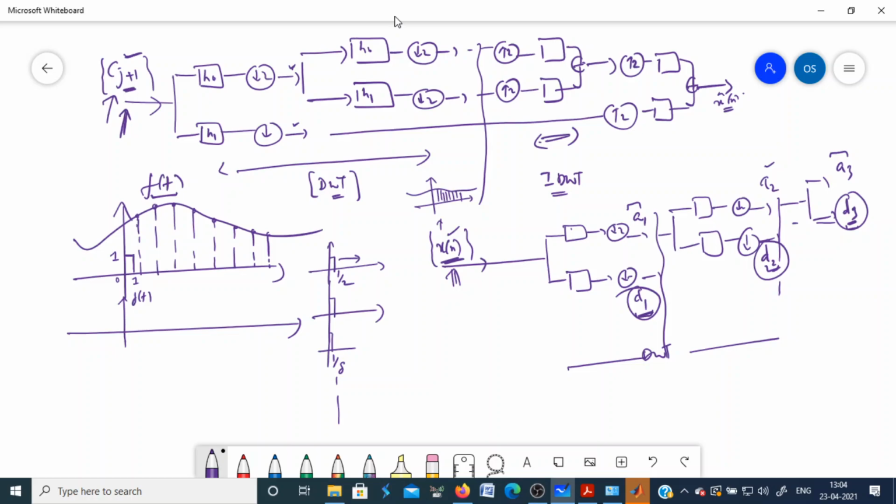So you take the input signal and decompose it up to some level using the discrete wavelet transform. In the discrete wavelet transform, these filters depend upon what type of wavelet you are choosing. If it is a Haar wavelet, you know the filter coefficients for it. If it is Daubechies wavelet, there are different ones, dB2, dB3, dB4 and so on. For coiflets, for symlets, so many wavelet families are there. The filters for different wavelets are different. So once you choose a wavelet system, it has a filter bank associated with it.